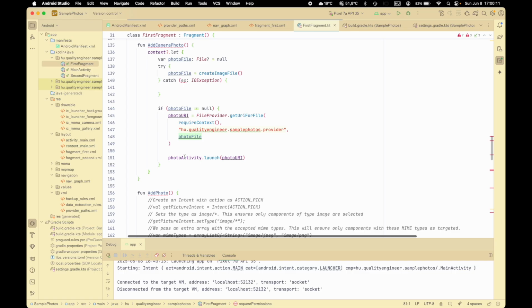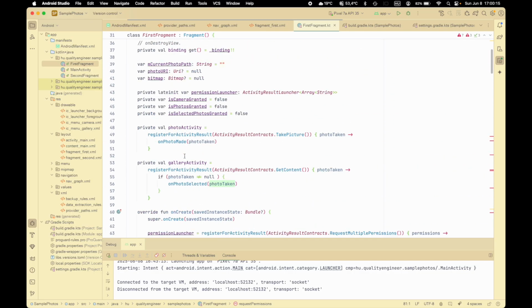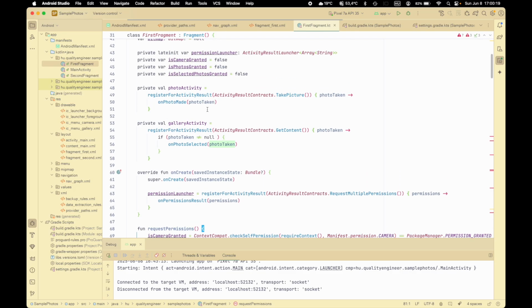So we just need to call the photo activity from these activity result launchers. So here we define the photo activity as a photo or camera picture photo